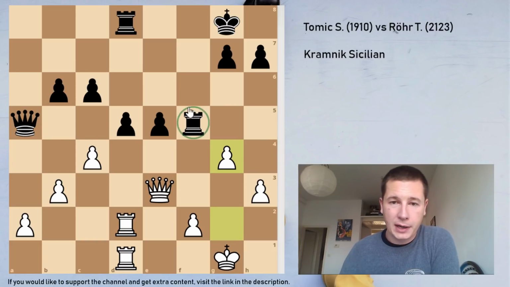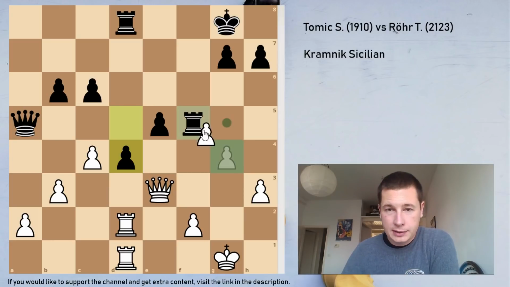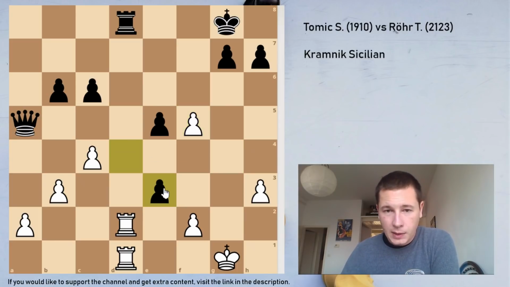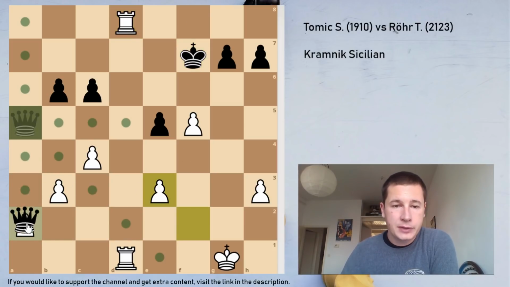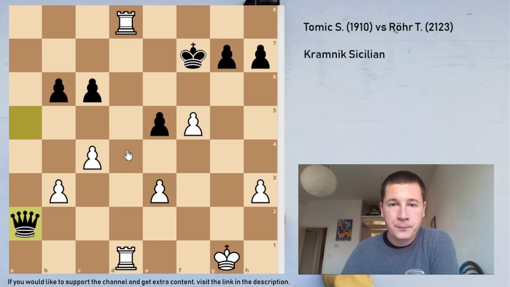If the rook goes back, like to f6, queen takes e5. If the rook goes to g4, queen takes g4. So the only move to stay in the position for black is the move d4. And now what I was calculating is g takes f, d takes e3, rook takes d8, king f7, and f takes e. And after queen takes a2, I believe that my position,